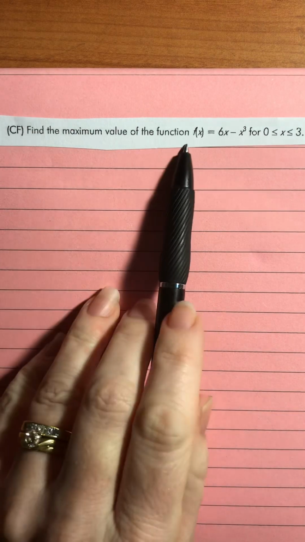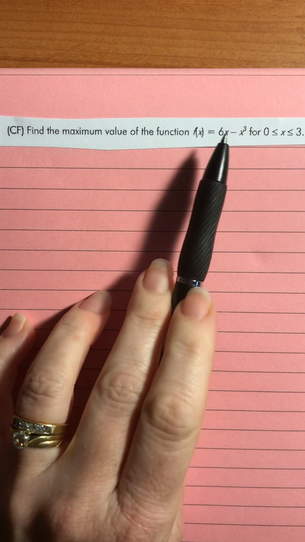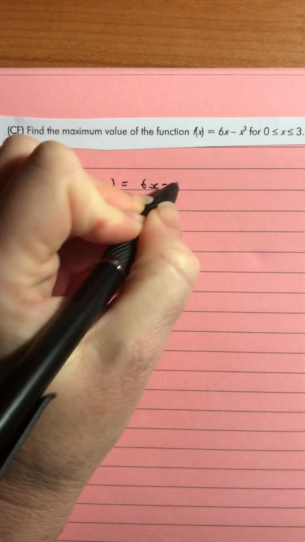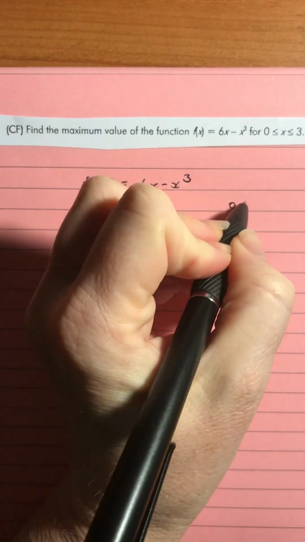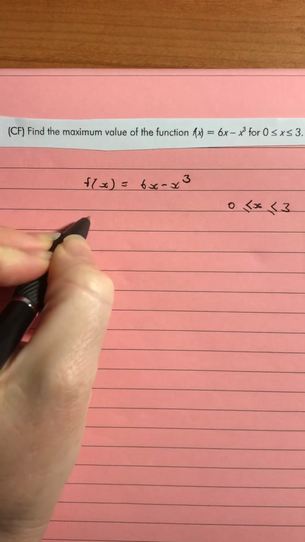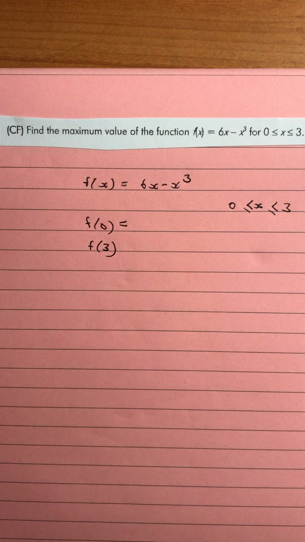Okay, having a look at this question here that's asking us for the maximum value of the function. So we've got the function f of x is equal to 6x minus x cubed. To start with, we know it's between 0 and 3. So if we sub in 0 and we sub in 3, we can get some values on the line to check if either of them are maximum, just in case our turning points are below where the maximum at the